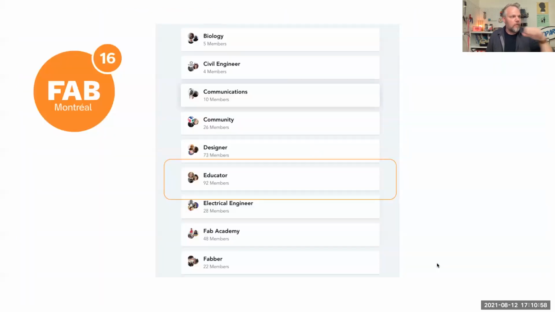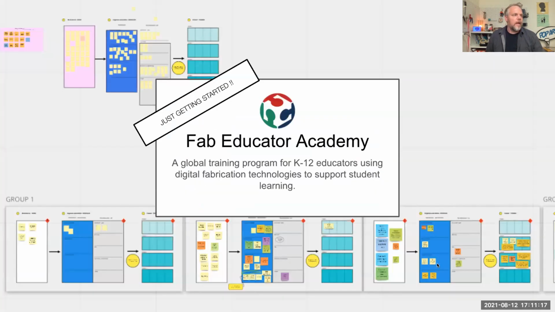Also, if we look at Fab 16, for example, this is just from the live fablabs.io platform. 92 members, when I took the screenshot, and I checked, that was this morning, 92 members identify as educators. And that's the highest number. So this is an educational environment. And one part of creating this culture, Liz, I hope you're okay. Sorry, this is Liz. This is something that Liz is in charge of. And I think it's a great first step in building a culture around education and Fab Labs. So this is something that's starting up.